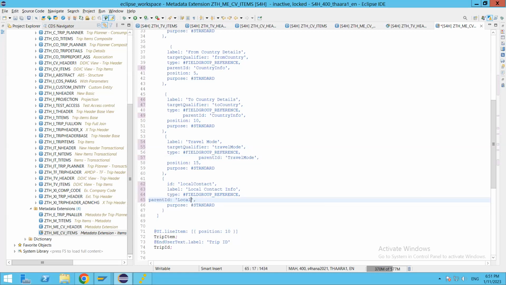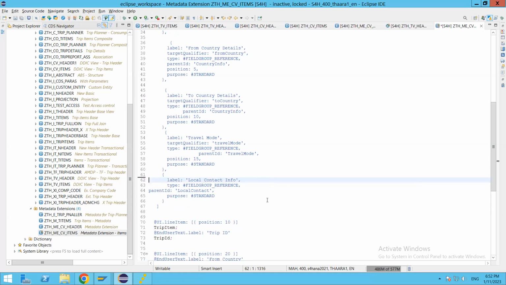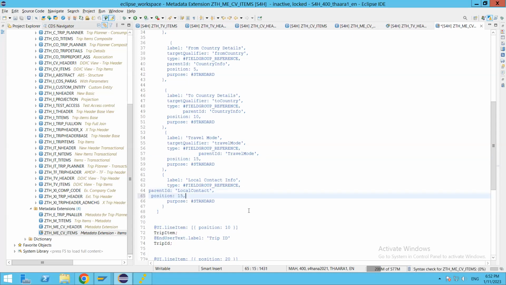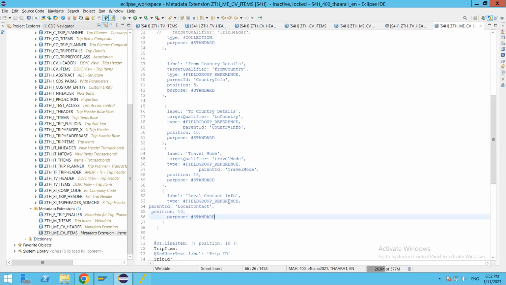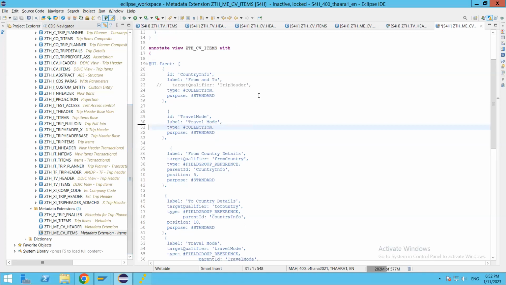the local contact, and we don't want ID for this one. So purpose standard, yeah, and we need this position. Let's make this position as 10. So I'll tell you why I'm making this 10. And for that one, we need to, let me